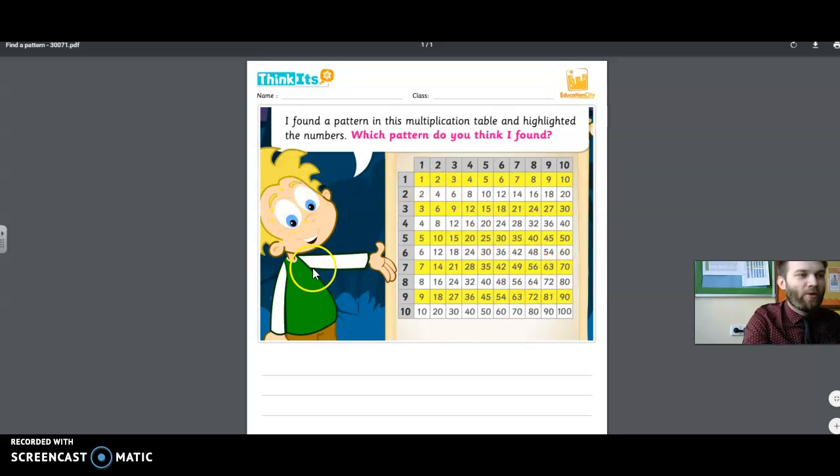So the lovely looking young boy with rather large blue eyes has found a pattern, and it's the numbers highlighted. He's highlighted the pattern. What is it? What do you think the pattern is? So you've got to look, okay, why has he highlighted this one, but not that one? Okay, so you need to spend some time looking at the pattern at the number square,